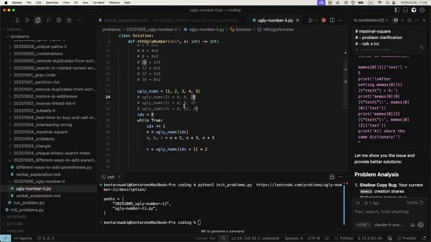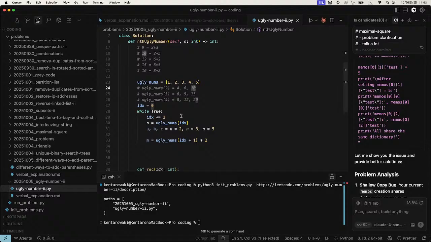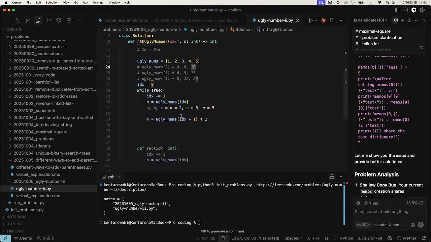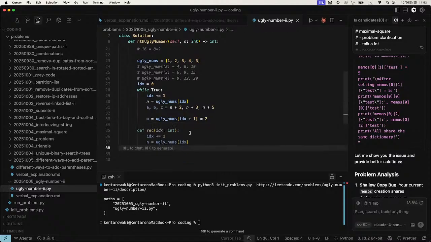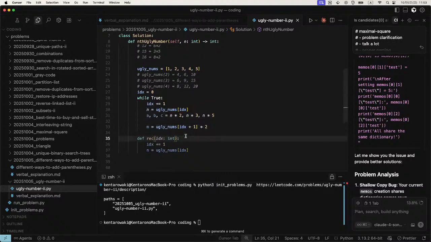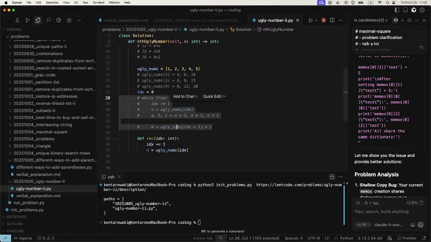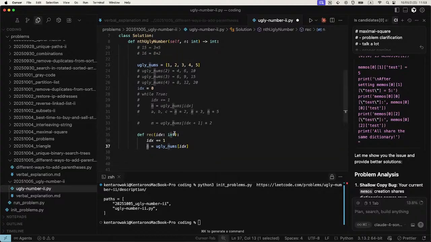So we have a recursive structure. That's a base number, and we want to